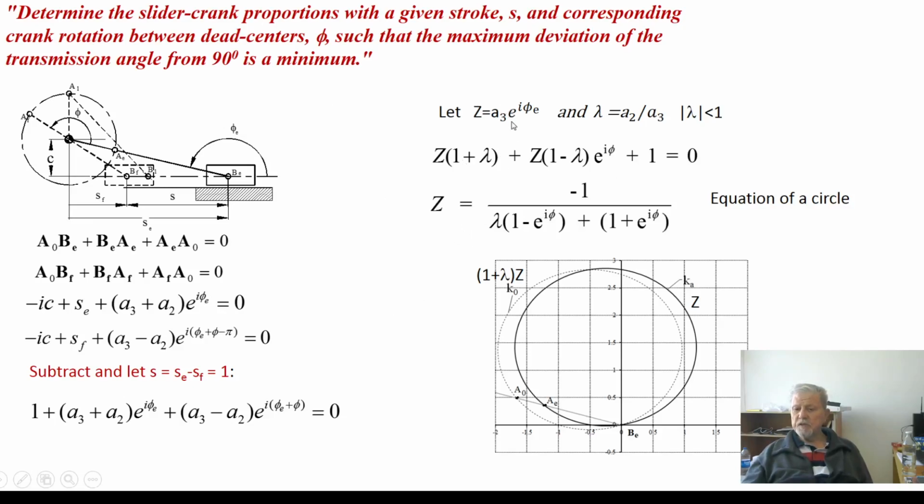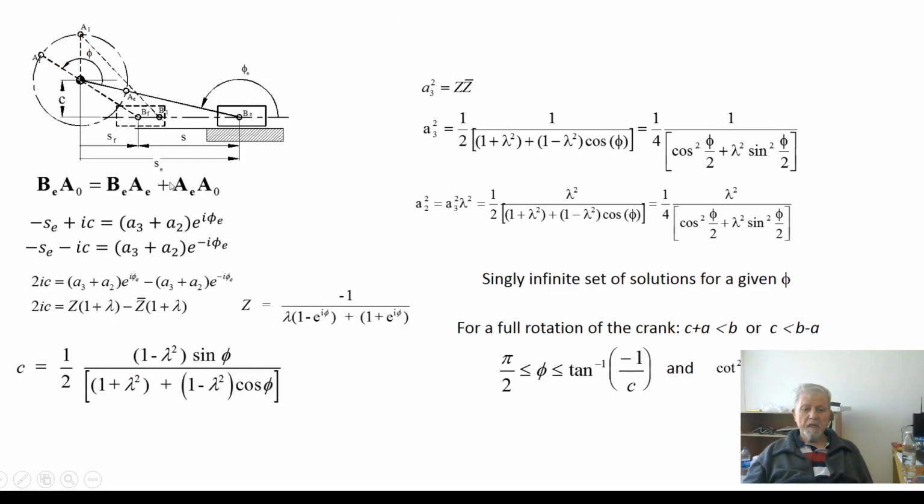ZZ bar is going to give you A3. A2 is going to be lambda times A3. So A3 squared ZZ bar is going to give you A3 Z bar. If you take this equation, this time the first equation,